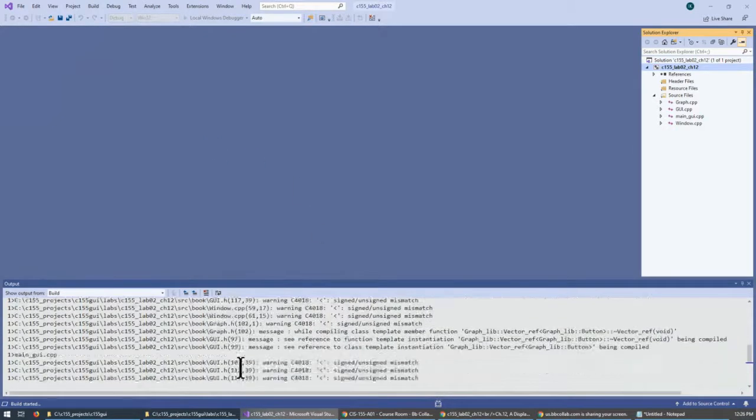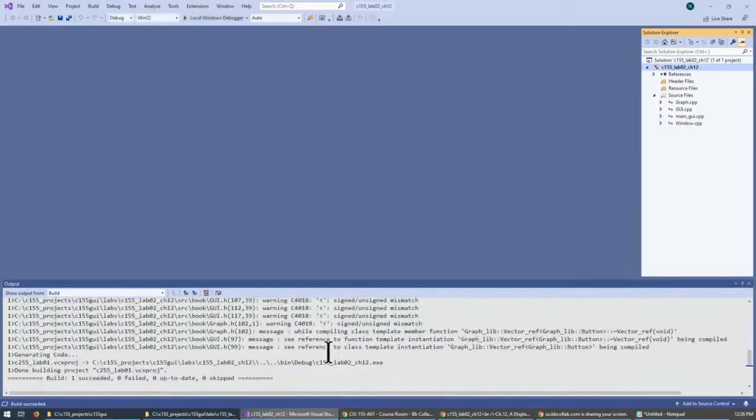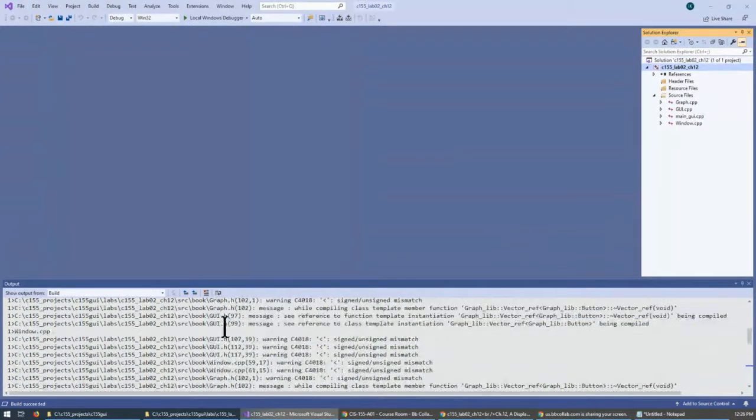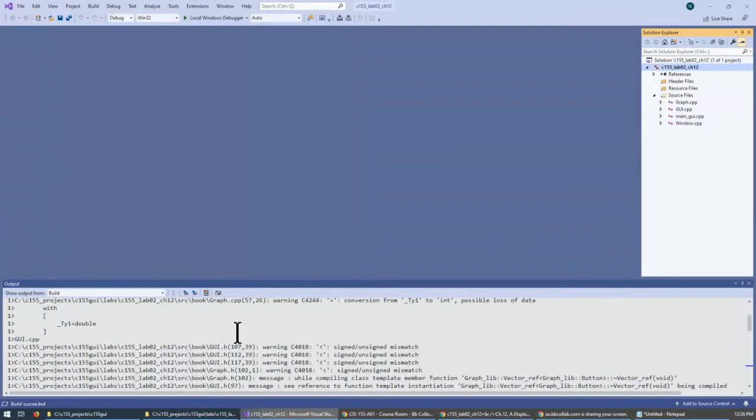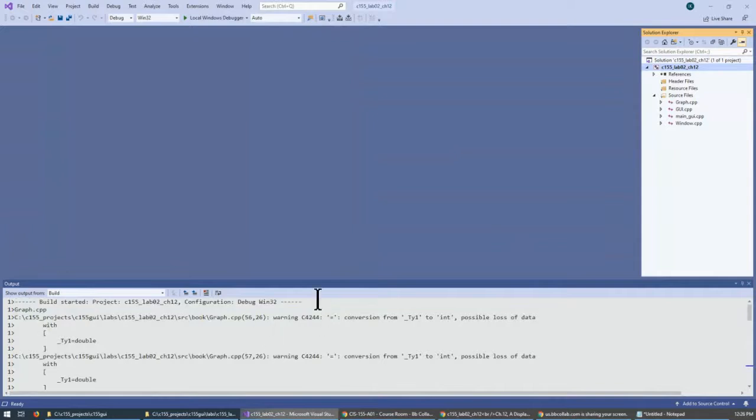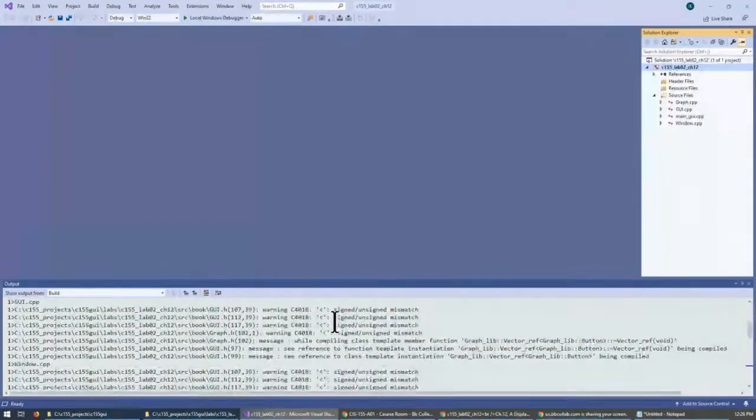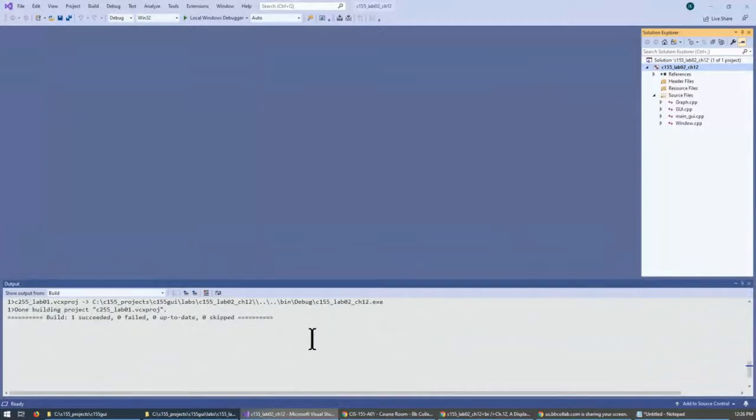We do have some warnings from the compiler, but these are beyond my control because these are the files that came with the textbook. I didn't care much about fixing these, but as long as these are not the files that I'm creating, I am right now just ignoring them. So this is just something that we have to accept as a possibility of getting some warning messages when we build it. But we'll just keep an eye on our own code, and